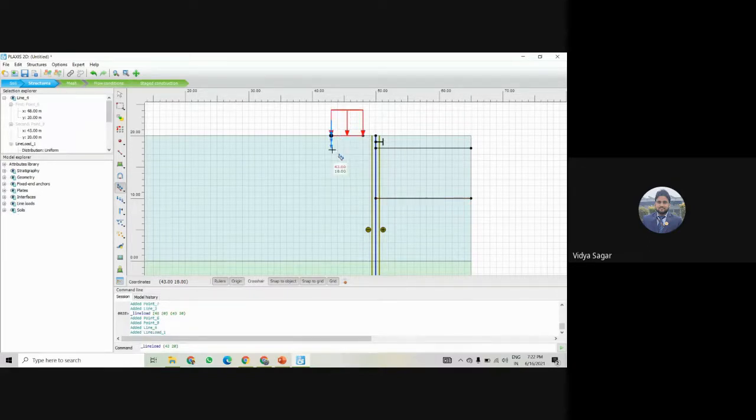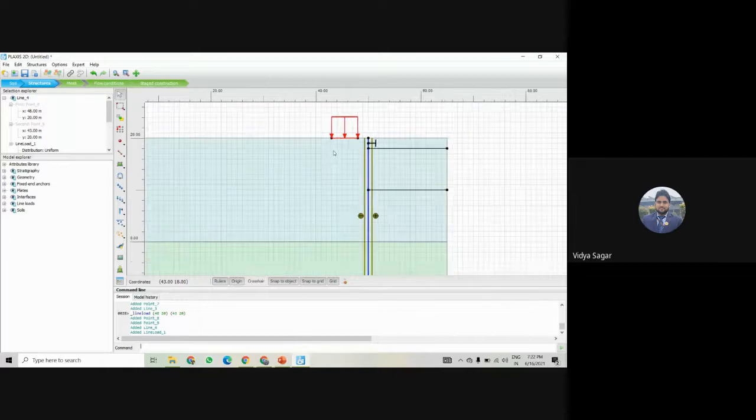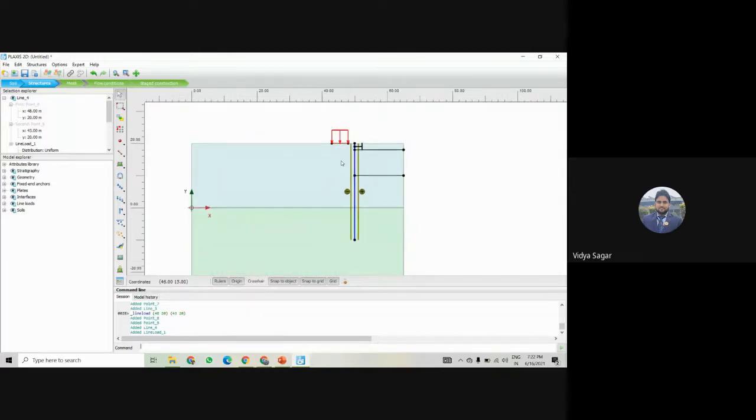Okay, this is right. Now we have created the load also, and we give this value, which is -5. It was given in the question at the start. So this is the -5 applicable here, right? So now this is done.